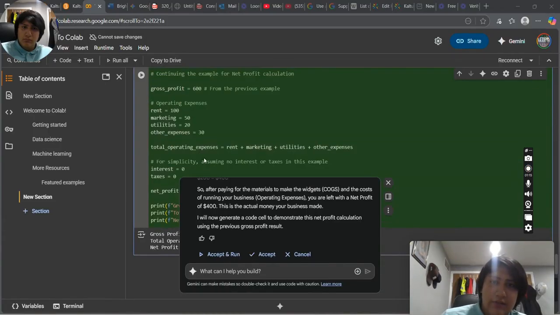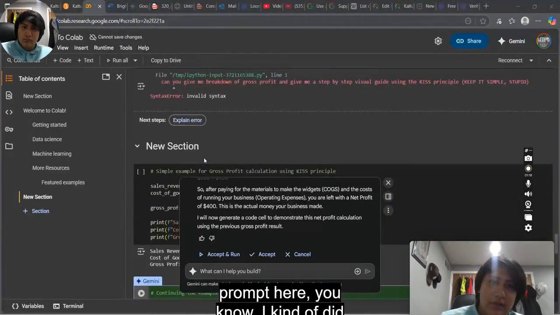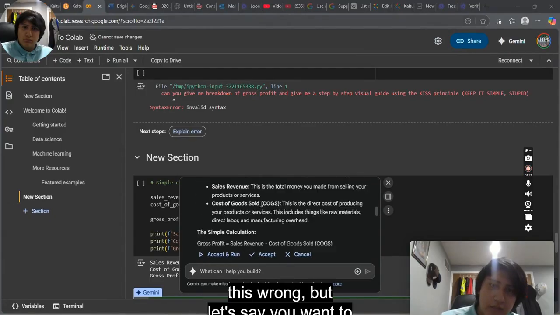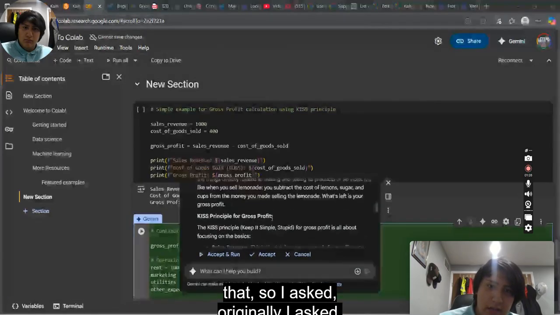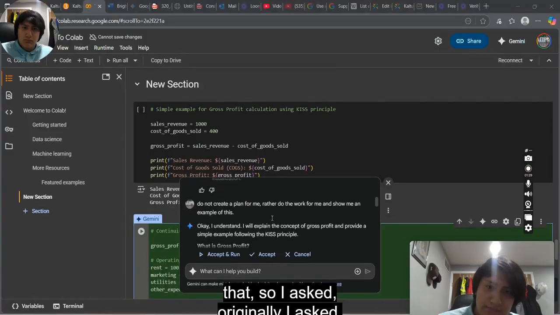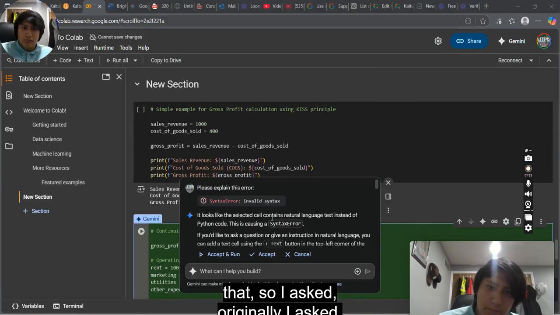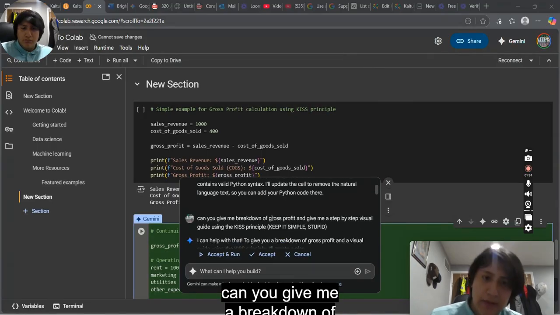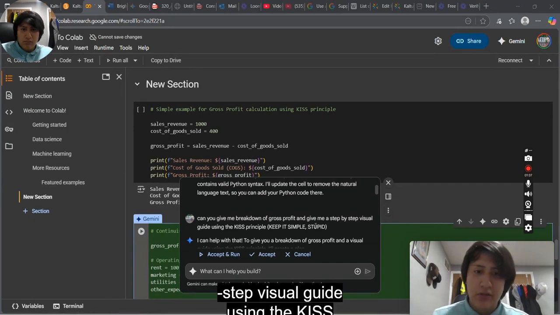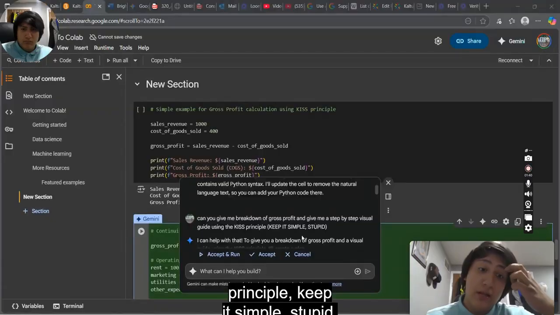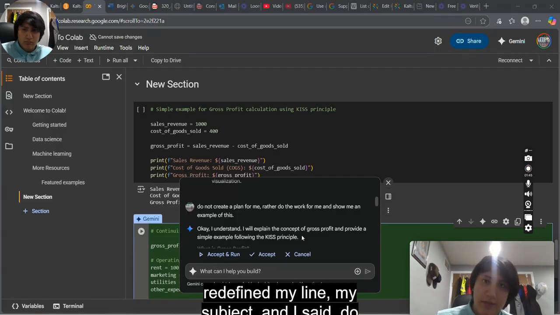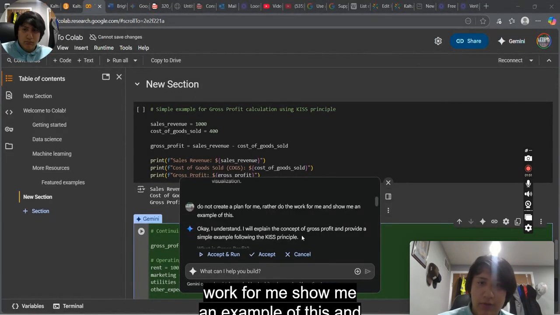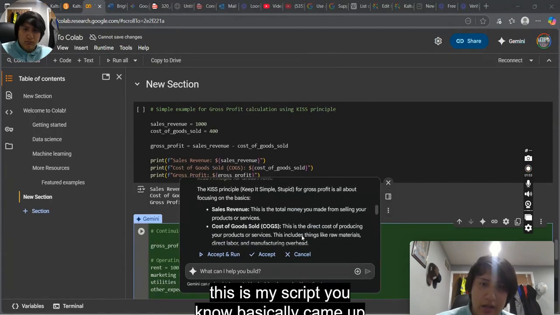So I've already generated a prompt here. I kind of did this wrong, but let's say you want to give me a plan here. I did not want that. Originally I asked, can you give me a breakdown of gross profit and give me a step-by-step visual guide using the KISS principle? Keep it simple, stupid. It tried to give me a plan. I did not want this, so I redefined my line, my subject, and I said, do not create a plan for me, but rather do the work for me. Show me an example of this. And this is my script,